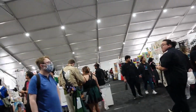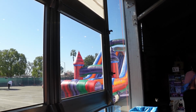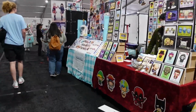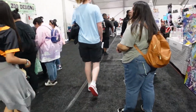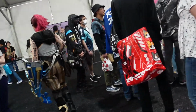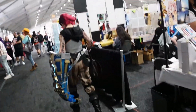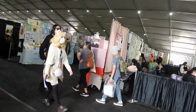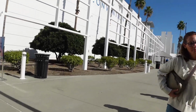Well, of course, this is the central area inside Artist's Alley here. What is this doing here? Looks like an inflatable place set here. Overall, I searched for a lot of places and a lot of artists. They have some Sonic stuff here, but of course, I don't have any preferences at the moment. So I'm just gonna have to move forward from now on. Alright, I guess that's all inside the Artist's Alley. A separate vlog of this Artist's Alley tour will be part of the AXGB tour informal vlog. Oh, and yes, I only made one single purchase from at least one artist. Just one, actually. Alright, time to head out there